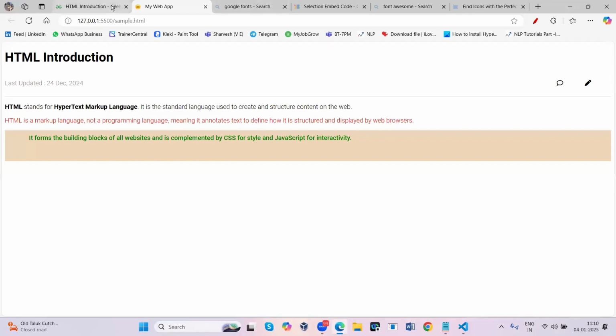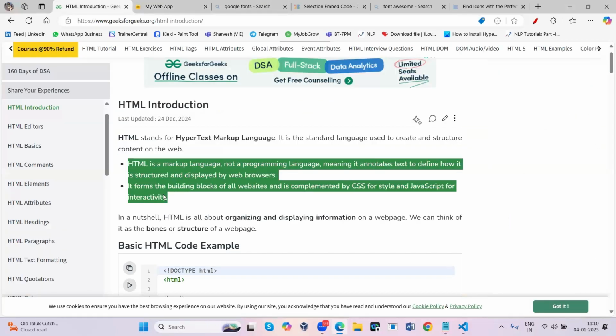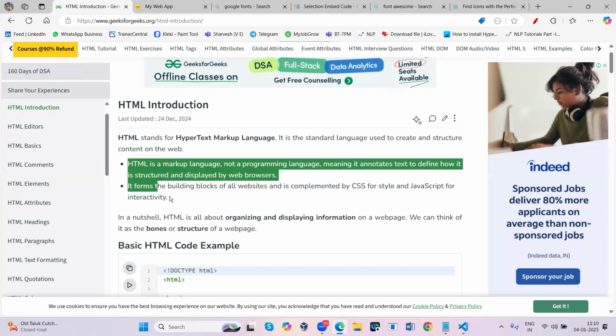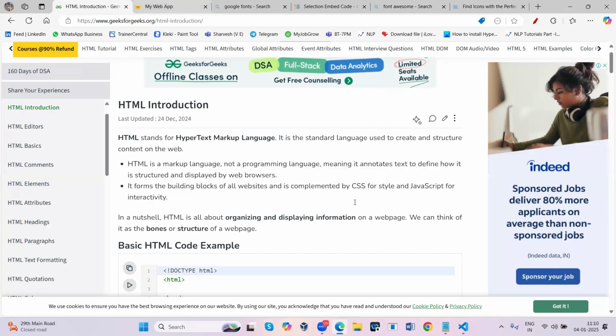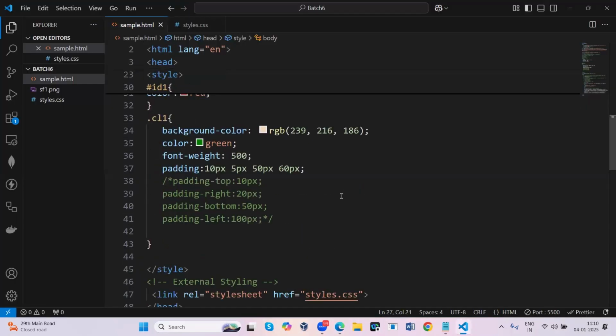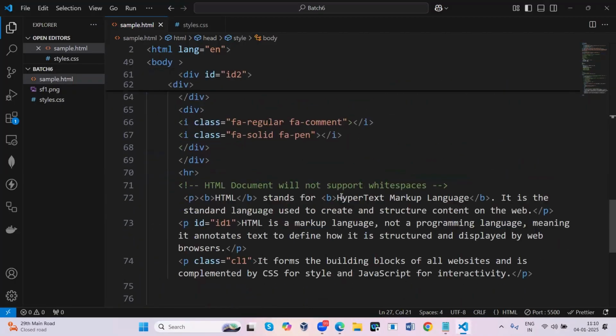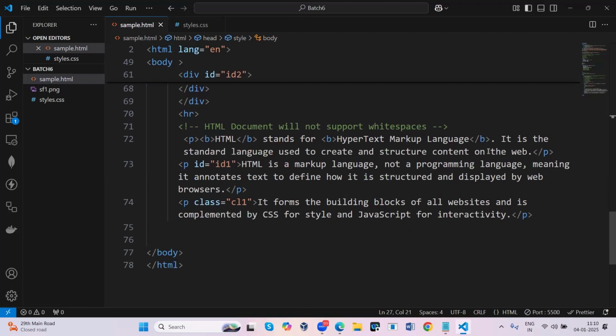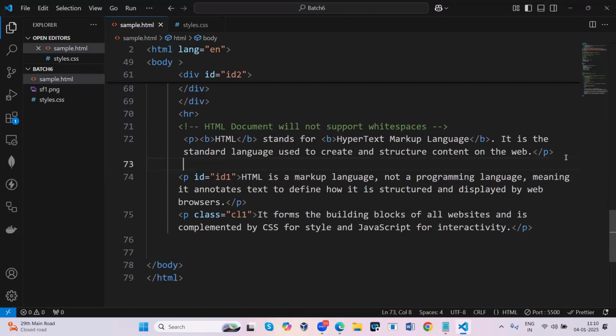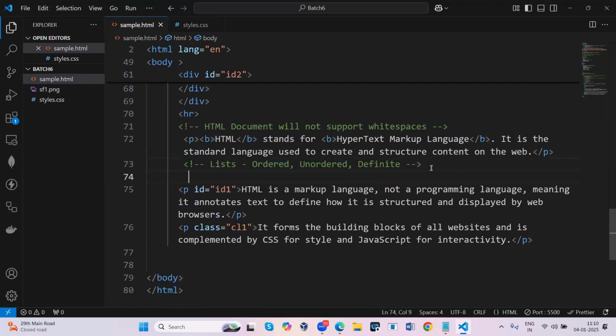Now, the next thing here is it is displaying points, like bullet symbols. How to get these bullet symbols is very simple. There is a tag called li tag. You can use different types of listings. Now we are going to learn the concept called list. There are three types of lists. One is ordered list, second is unordered list, and third one is definition list. The first list that we are going to learn here is unordered list.